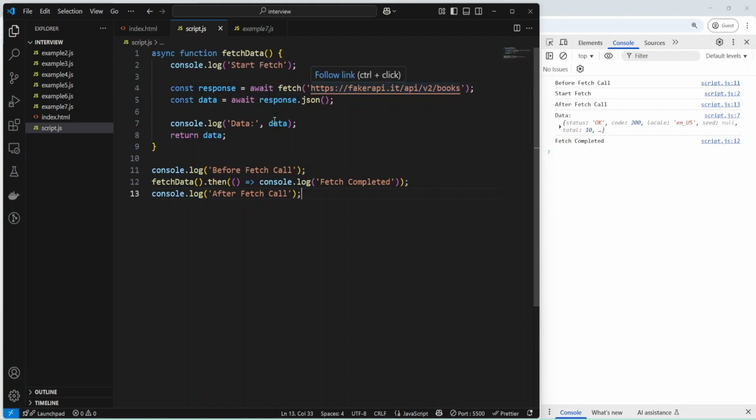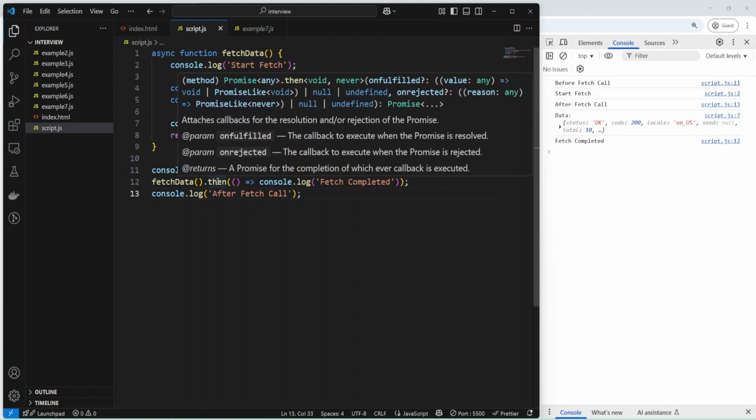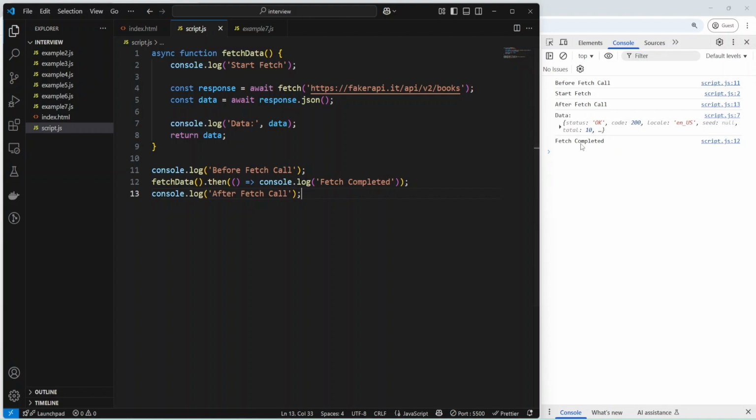But we are waiting and added it to the microtask queue, and this code was executed immediately after the fetch call. But now we have code in our microtasks queue, and as we don't have code in our call stack, we can execute code from the microtasks queue, and then we'll have this response and then data. And as you can see, we provided data, and then we have a promise, and page completed was added here. And that's all that I have for today.